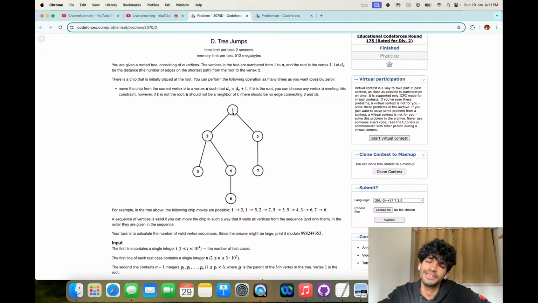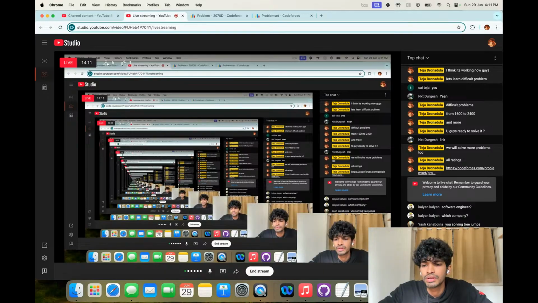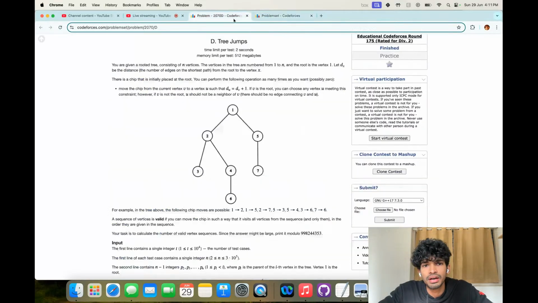So now there are sequences of valid sequences, right? You can go from 1 to 2, and then you cannot go to the adjacent. You have to go to the next level, so you have to go to 7. 1 2 7 is valid, 1 5 4 is valid, 1 5 3 6 is valid. No, we have to go from du to dv plus 1. Take some time to read the problem, or else read it with me again.